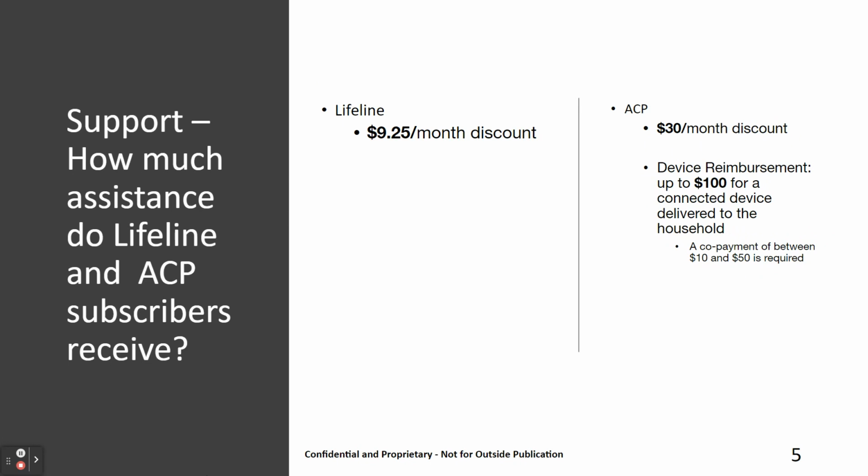Now let's talk about the Lifeline discount on the slide. It's important to add that additional funds, aside from the federal Lifeline and ACP, may be available. AMBT has many California subscribers. The state of California has its own Lifeline subsidies that subscribers can use to get bigger discounts for bigger service bundles.